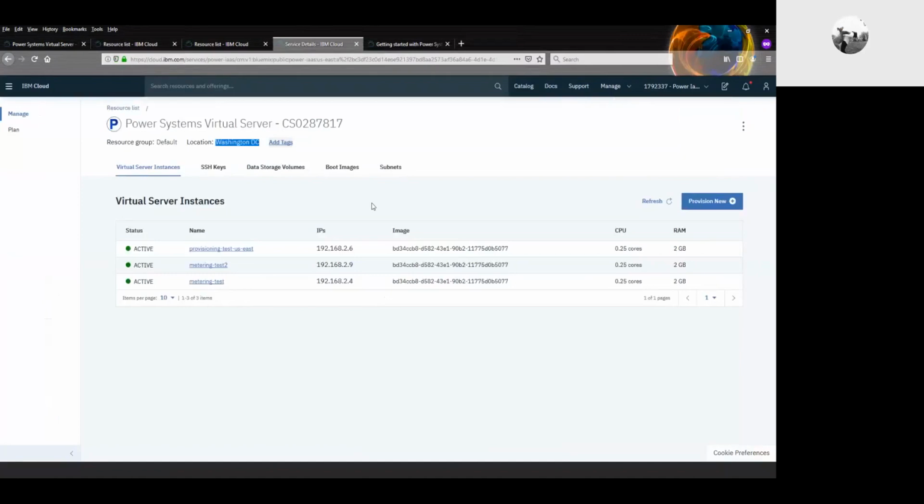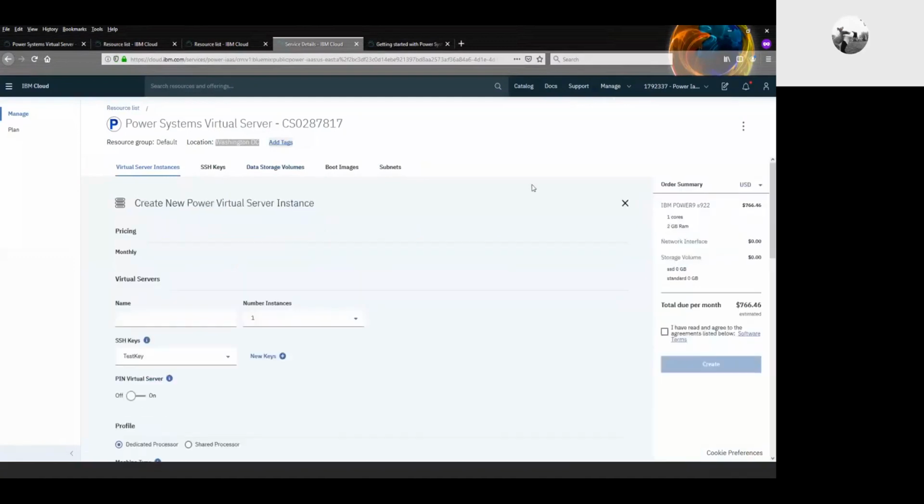Now I'm actually in the service. Now I'm ready to do my VM lifecycle management. You see there's a couple of VMs already here, but I'm going to pretend that they're not there, and I want to create a new one. That's the first thing I want to do. So I'll go to provision new,